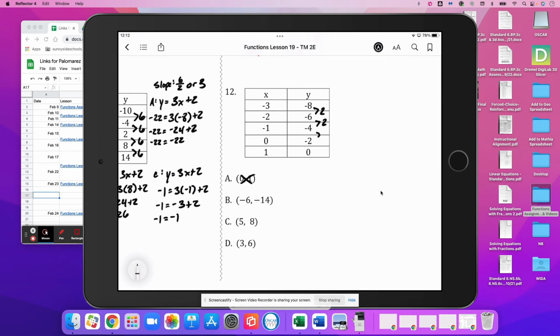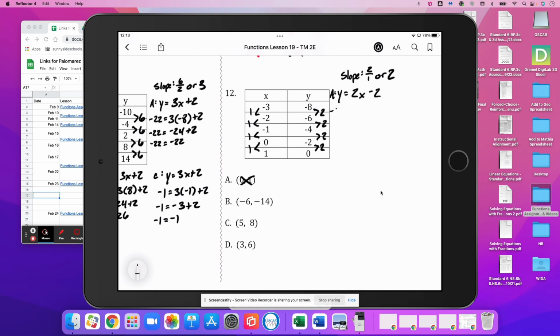So on our right side here, we are increasing by 2. On our left side, we are increasing by 1. So our slope is 2 over 1, or 2. And our y-intercept is negative 2. So we've got y equals 2x, and our y-intercept is negative 2, so minus 2. So our first y value is negative 14